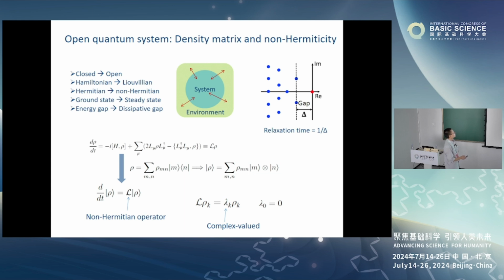And so in open quantum systems, we often consider the Liouvillian instead of the Hamiltonian, and this Liouvillian is generally non-Hermitian. The mathematical properties of this operator guarantee that there is always a zero eigenvalue. Physically, this means that there is always a steady state after a very long time evolution of the system. Whatever initial state you have, after a very long time evolution, it converges to the steady state, which corresponds to the zero eigenvalue. So in this open quantum system context, the steady state,